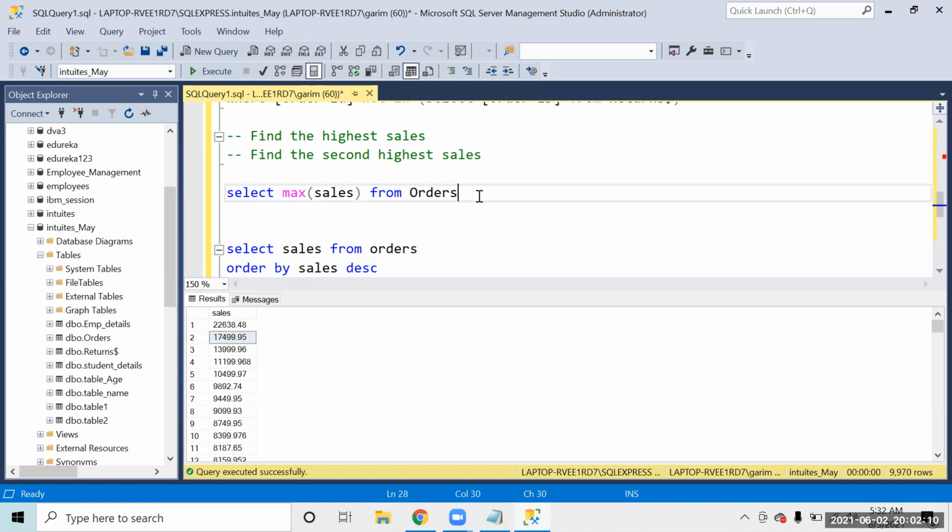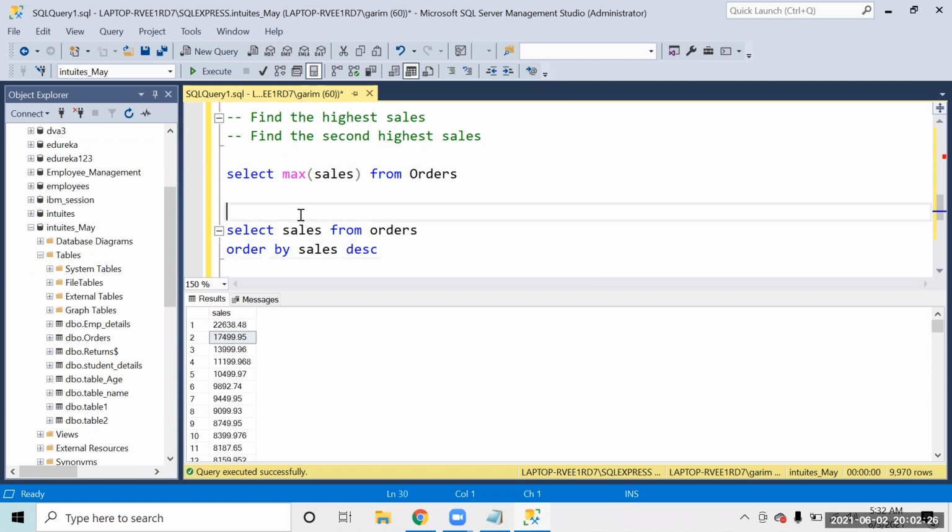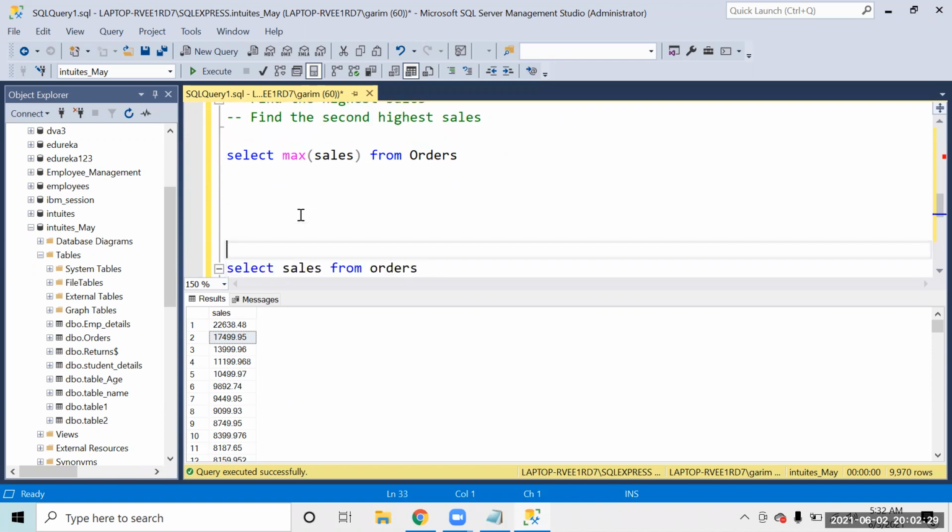I'm just trying, okay? You will first select the max and you will pass this query output to the outer query, and giving some condition, you can extract the second largest one. See, if I show you this, now if I say that this is the maximum sales, which I know that this is the maximum sales.